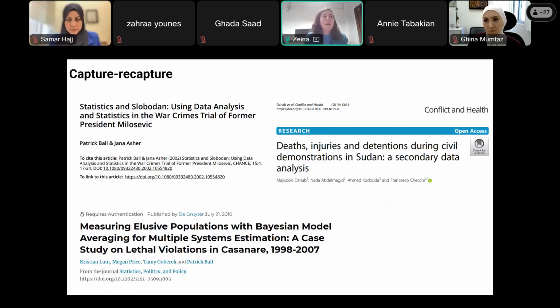They also did it in Guatemala, and it has been used in the trials in Guatemala. More recently, there have been assessments in Sudan and in Yemen using capture-recapture methods. And the idea behind it is that if we go to a place and we go to an area where